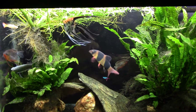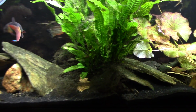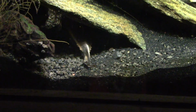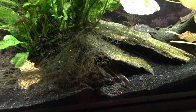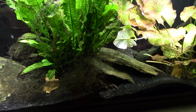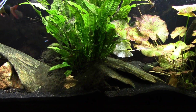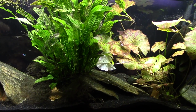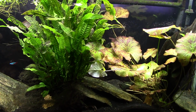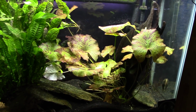Now the loaches are kind of old. My catfish on the bottom is even older than the gourami. You can actually just barely see the tail of my striped Raphael sticking out right there. He just lives in that cave all the time. He's probably over 5 now. He might even be pushing 6. He's probably my oldest fish, or one of my oldest fish. I got a Corydoras upstairs that I got around the same time in my very, very early days of fish keeping. So I just wanted to talk a little bit about that and clarify what I meant by...